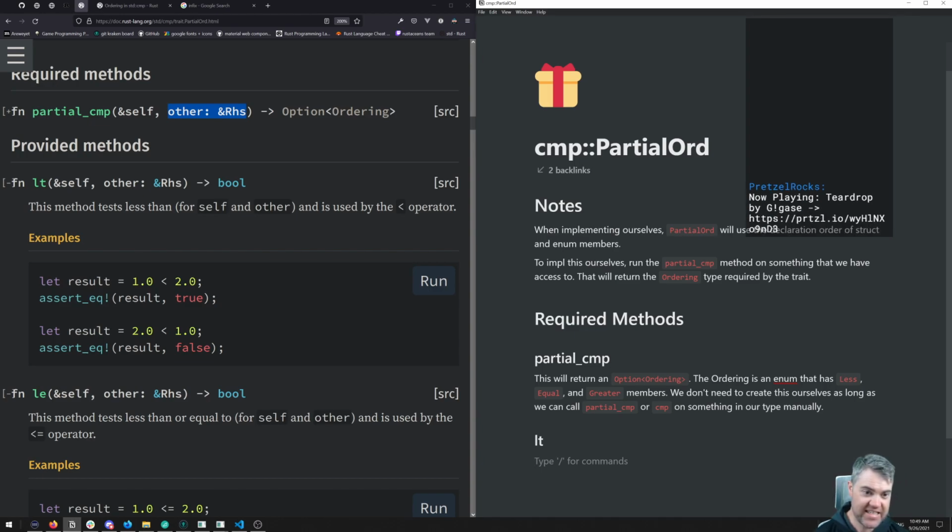So this method tests less than for self and other and is used by, okay, so then